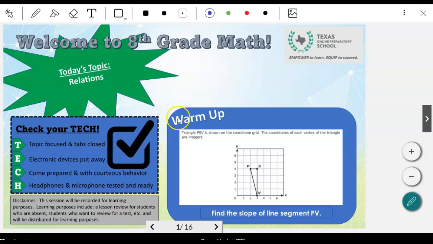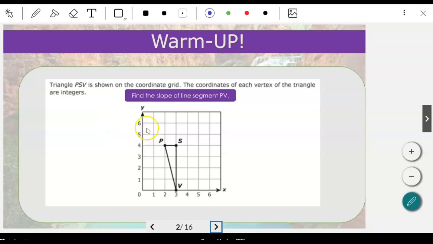Hello, so this lesson is on relations. So we're going to go ahead and start with a warm-up and get a review of slope. So here we go. So triangle PSB